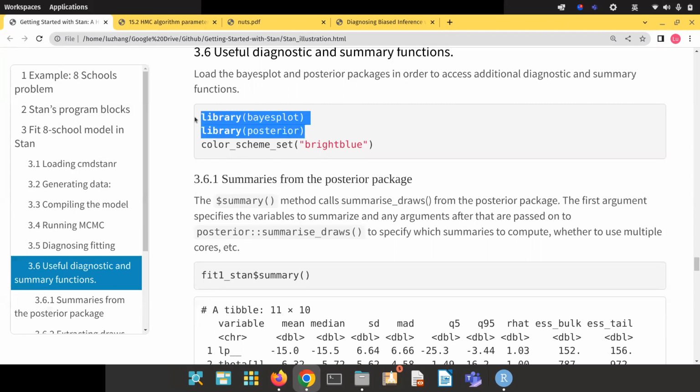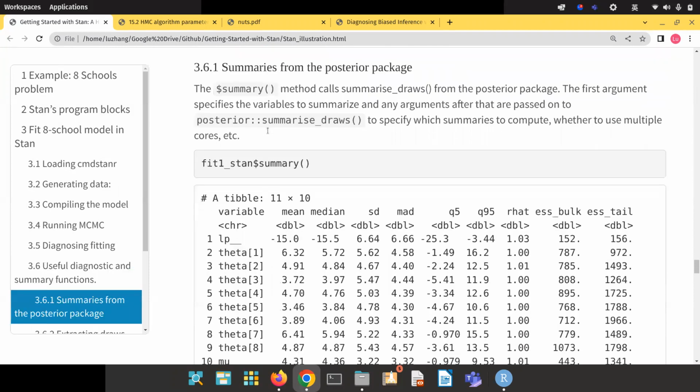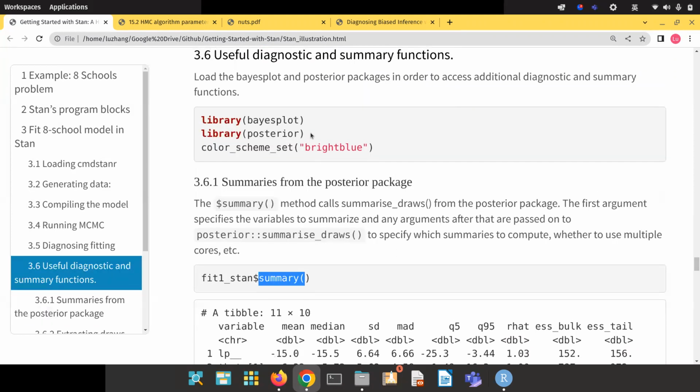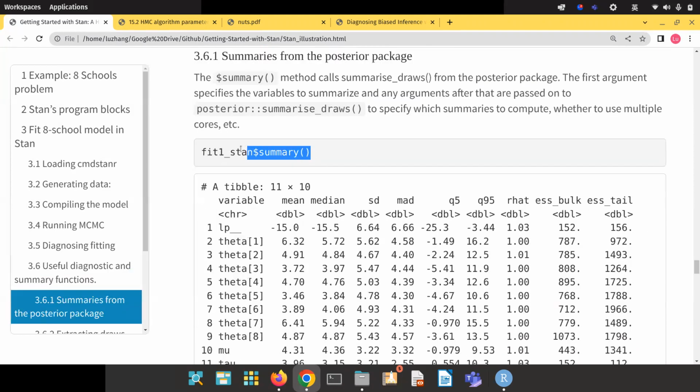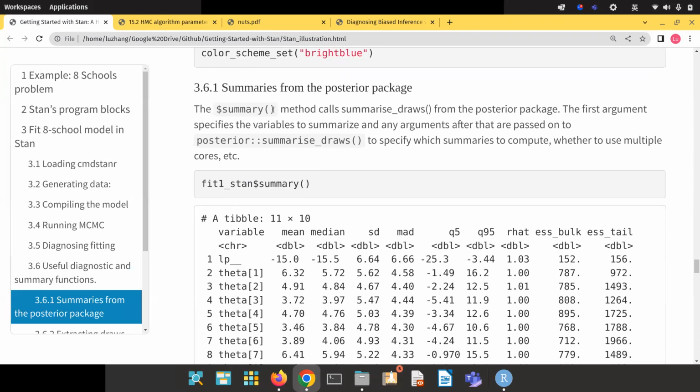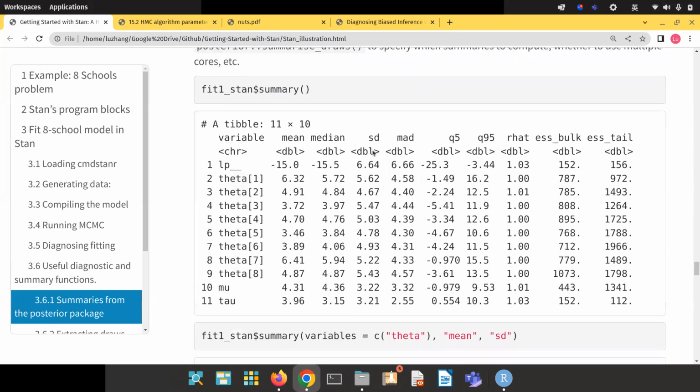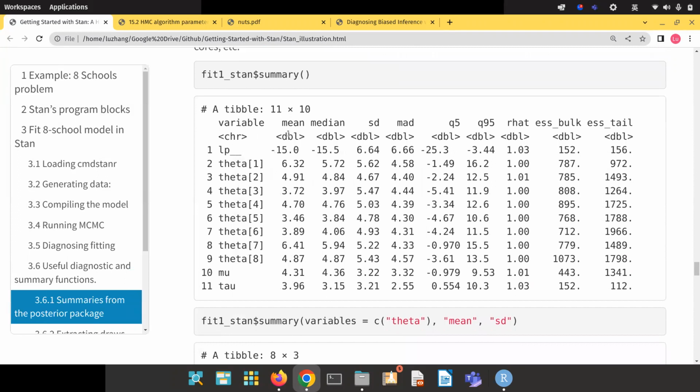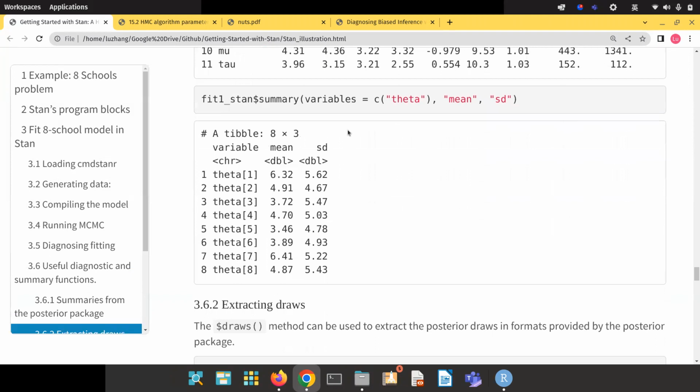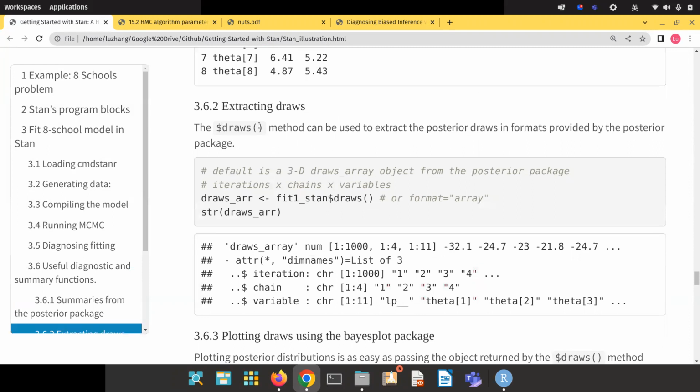Here I used the bayesplot and posterior packages. The summarise method can provide a summary of statistics like mean, median, quantiles, R-hat, and effective sample size. We can also select the specific parameters of interest and the summary statistics we are interested in to present the result. The draws method can be used to extract the posterior draws,